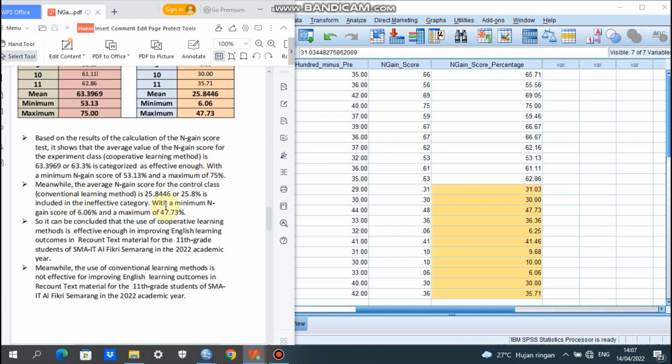How about the N-gain score for the control class? For conventional learning method, the result of the mean is 25.8446 or 25.8%. With a minimum N-gain score of 6.06% and a maximum of